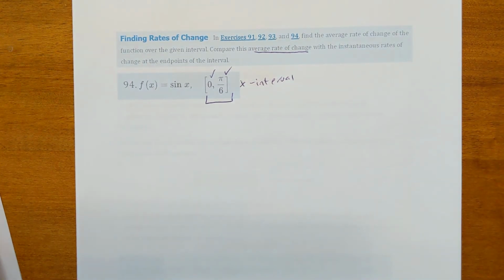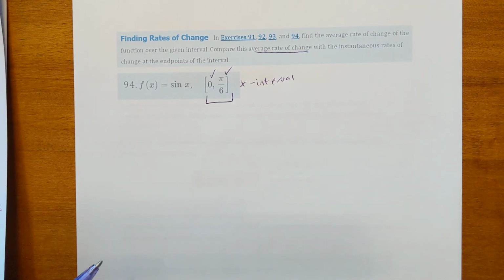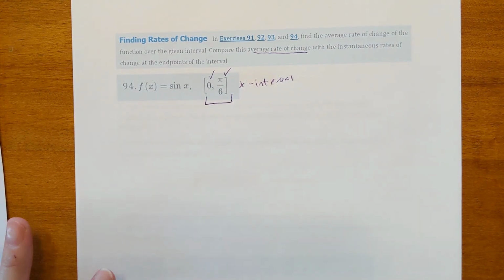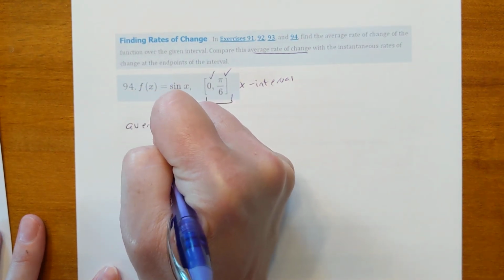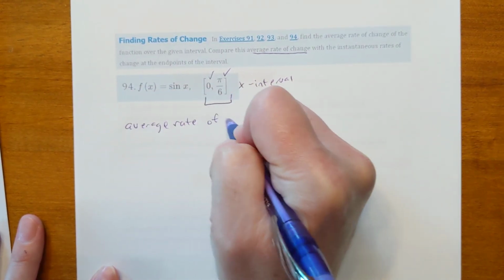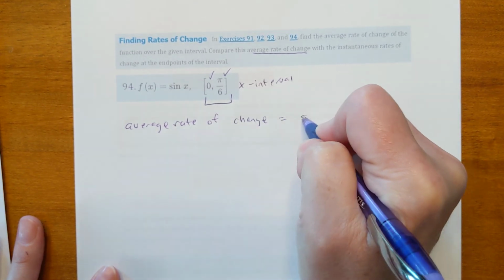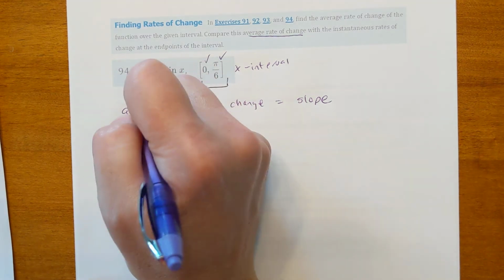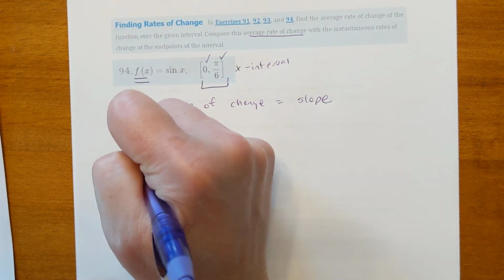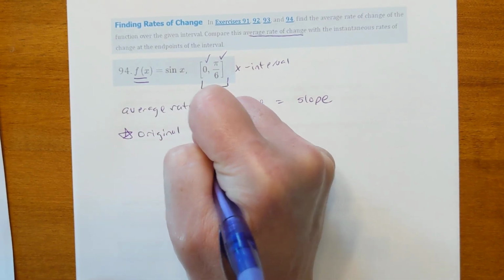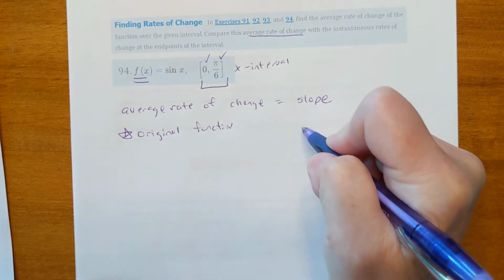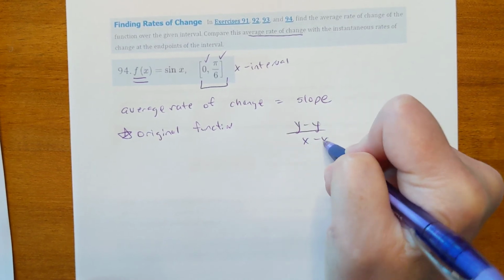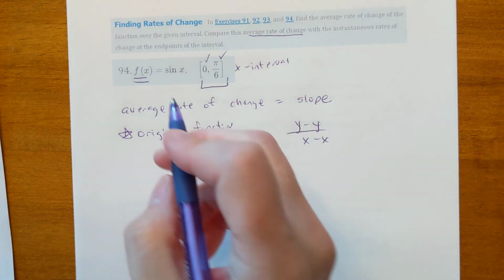Let me turn the page here. So the average rate of change, they're asking again about the slope. Notice again, everything's all about the slope. That's what derivatives are. They're all about the slope. So the average rate of change is about the slope of the original function, of the original f of x. So we want to find the change in y over the change in x for the original question. So the slope